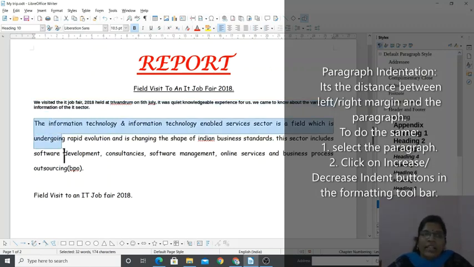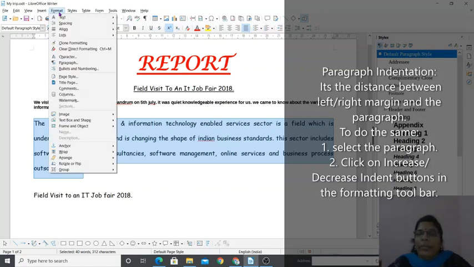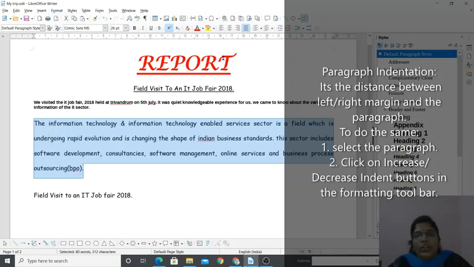First, let me select the paragraph to do the indentation. See, I have selected the paragraph. Then go to this formatting toolbar. Whatever formatting options we are doing, we can do it in several ways. One, with the help of this formatting toolbar. Another, with the help of this format tab. Another, shortcut keys also you can use. Otherwise, right click and do. So in total, 4 ways you can achieve the task.